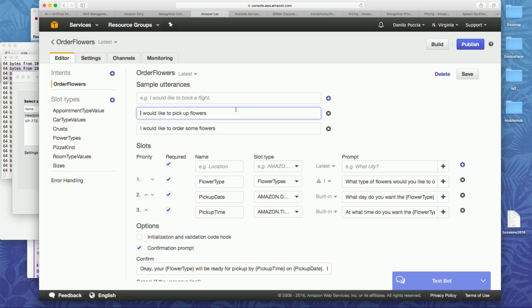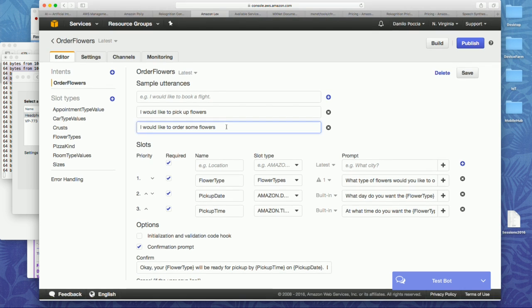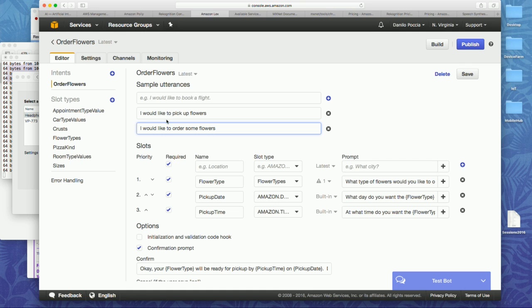So I would like to pick up flowers. I would like to order some flowers. And if we go into this intent, then you can declare the slots. The slots are the variables that are required to fulfill this intent. So to order flowers, I need to know the flower type, the pickup date, and the pickup time to get these flowers. So pickup date and pickup time are standard slot types that we support, an Amazon date and